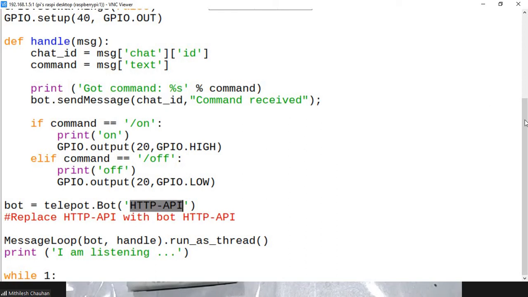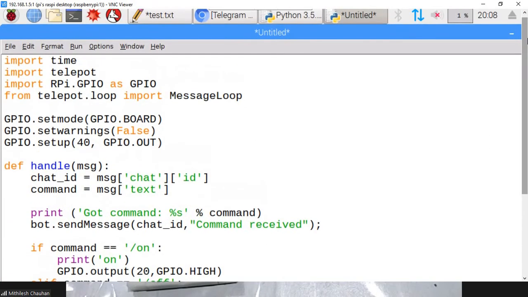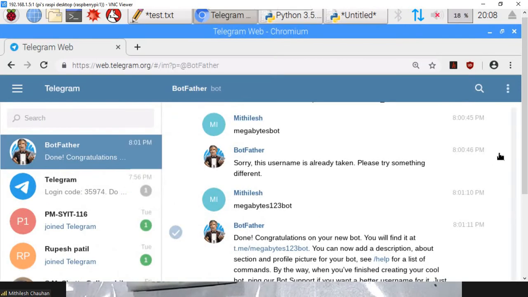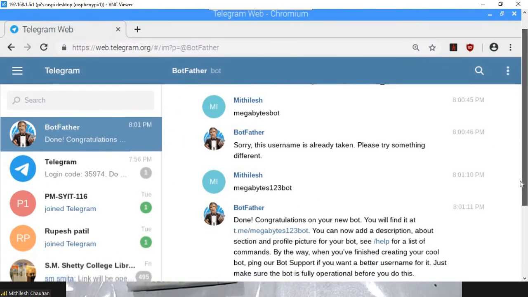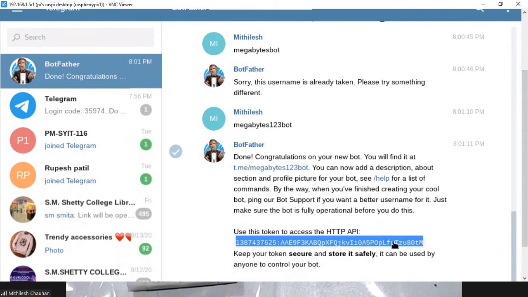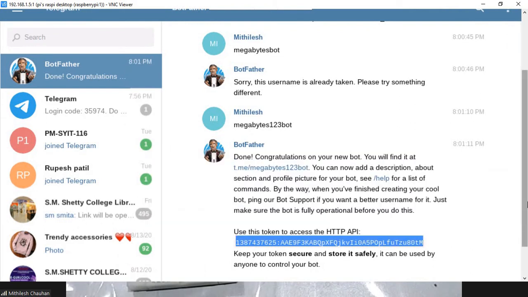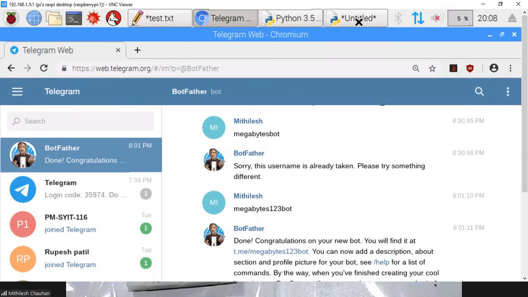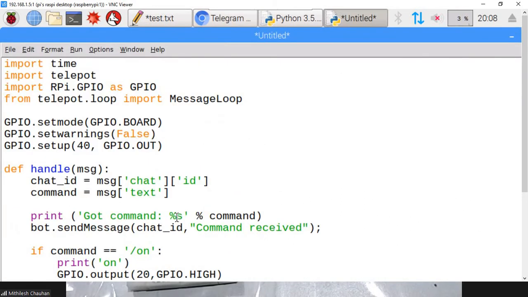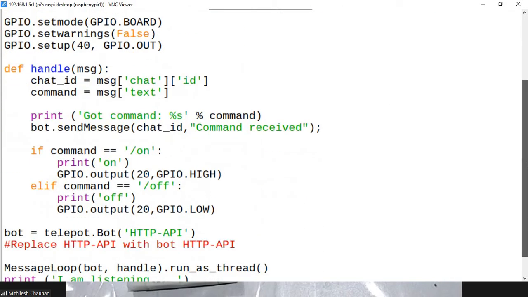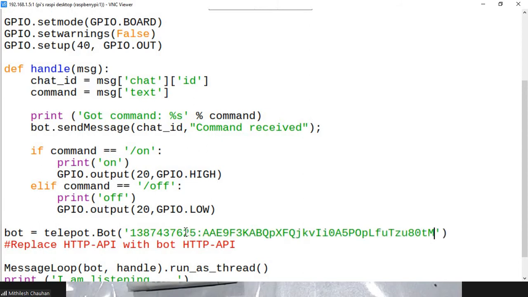So let me replace this with the API that we have created. So this is the API, and I will copy and put this API into this. Control V.